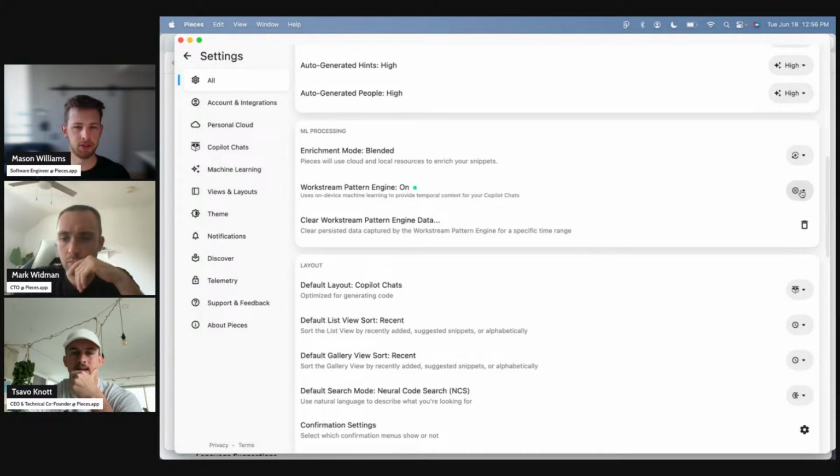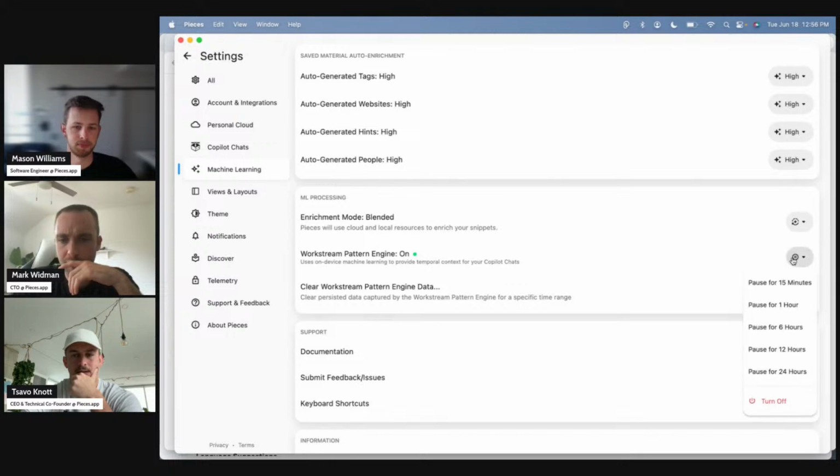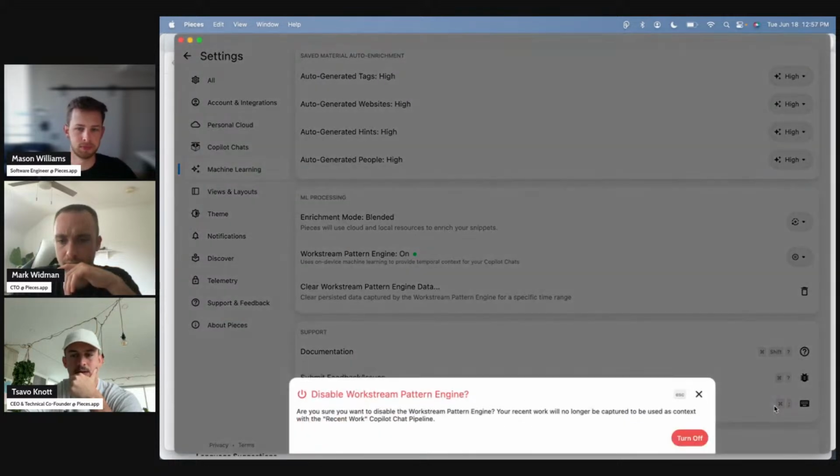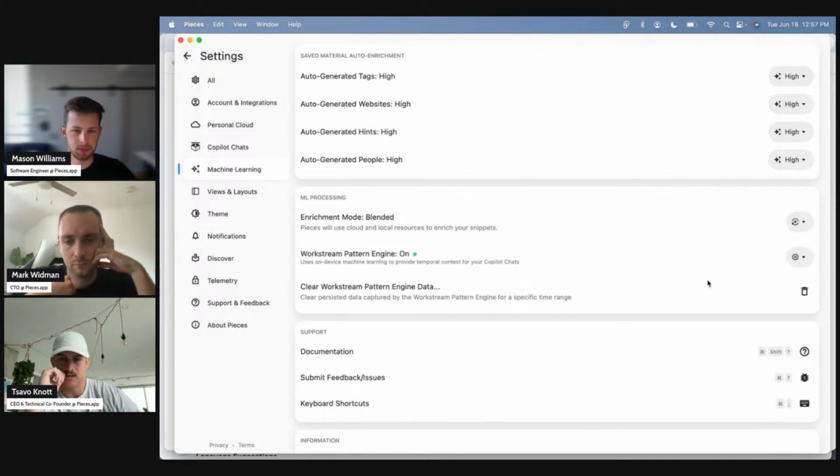Go to the machine learning tab. Yep. Turn it off and then turn it back on. Yeah, let's turn it off. Cool. Pro tip as well, you can pause it for a certain period of time. It looks like that was a little thing for Mac in the power menu there. But we're going to see.